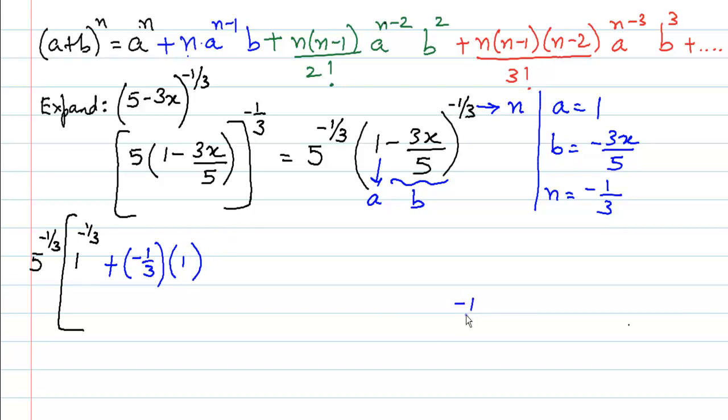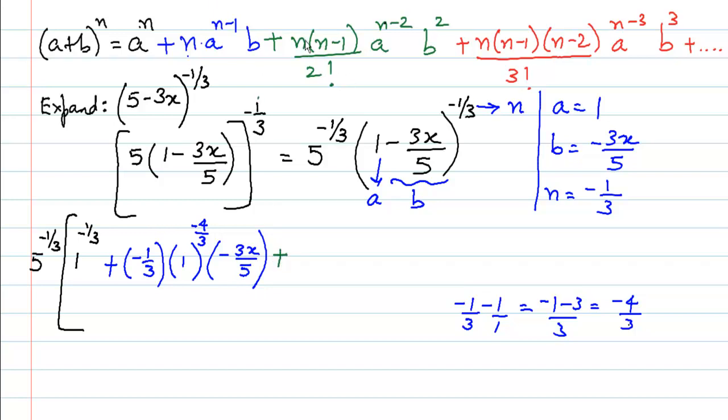Let me do it over here. Minus 1 upon 3 minus 1. I'll put a 1 in the denominator. So we have 3 1s is 3, minus 1 into 1 is minus 1, minus 3 1s is 3. So we have minus 4 upon 3. So raised to minus 4 upon 3, into b. Into b is minus 3x upon 5, into minus 3x upon 5 as it is,